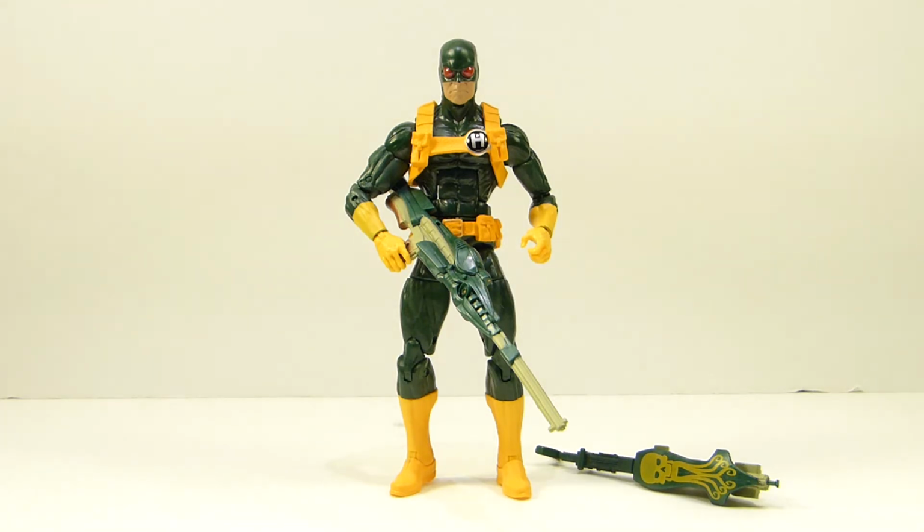The one we got back in the Brood wave is pretty terrible. Most of those figures from that era of Marvel Legends are bad, but that one in particular is really bad. I still like the classic costume, but yeah, you can only do so much with that figure. Anyway, getting into this one,